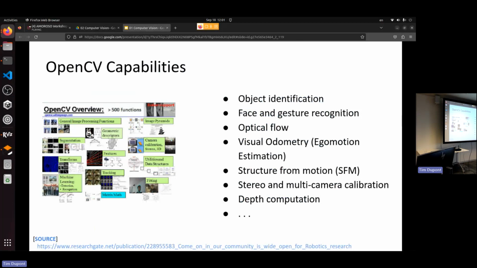Things like optical flow, like how objects move throughout a scene, visual odometry, which we'll go into more detail on later, structure from motion, like if you have a camera going around an object and then you try to recreate a 3D model based on all the images you took around it. Stereo, multi-camera calibration, depth computation, all important things in robotics as well, right? Because depth is important to